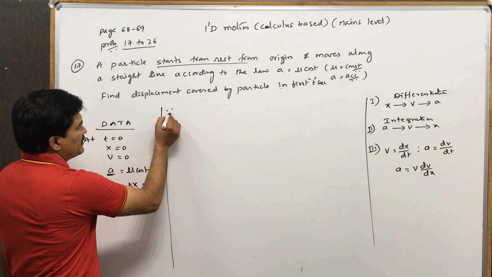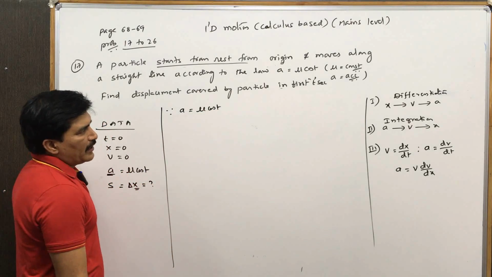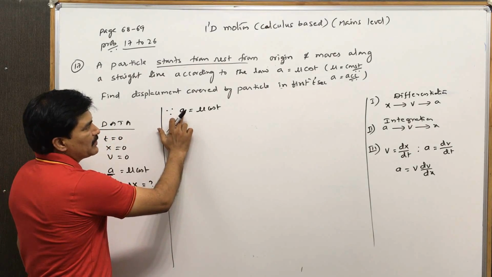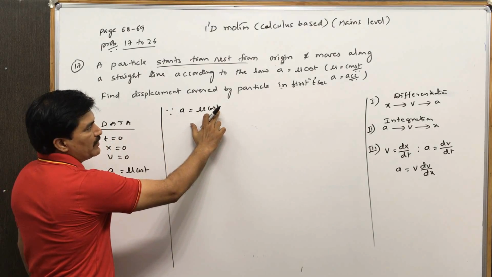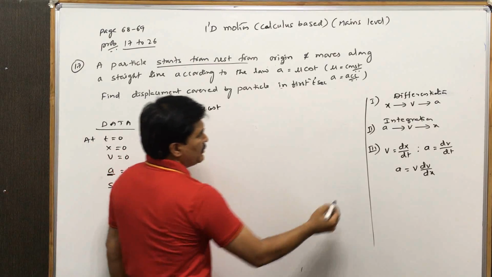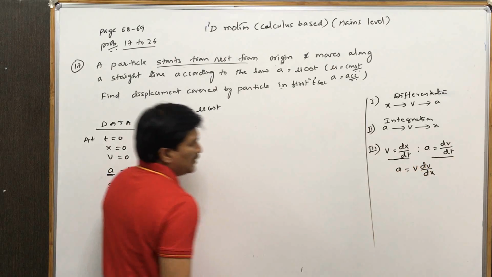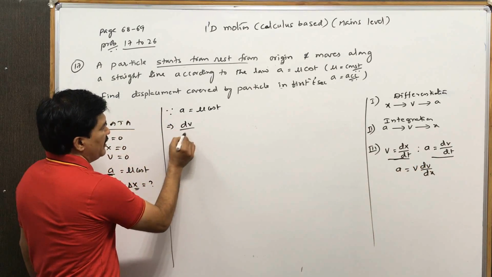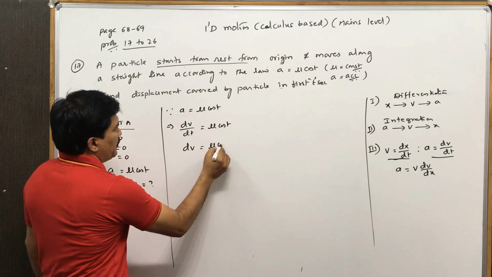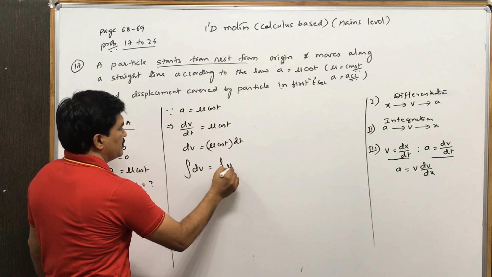How to find out velocity? The given one is acceleration, mu cos t. Now, I need velocity, so I have to write acceleration in terms of velocity by keeping in view that the time term should be there. Hence, the expression which I can use is this one, a can be written as dv by dt, that is nothing but mu cos t. So, dv comes out to be mu cos t into dt, then integrating this equation on both sides,